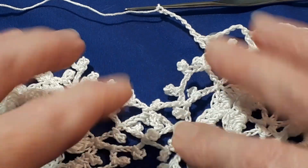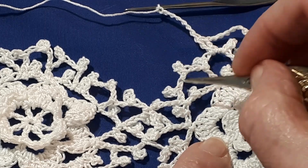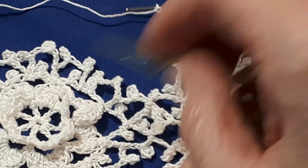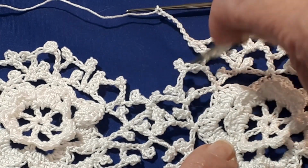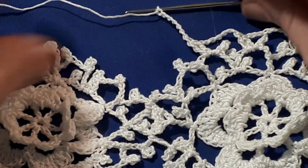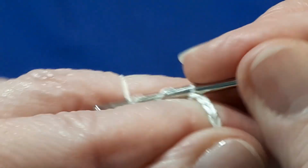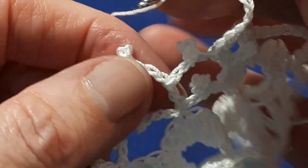3 points together. We're going to join here, here, and here. I'm going to have almost like an upside down Y. Now to do that, we need to yarn over 3 times. 1, 2, 3. And then in the next loop,